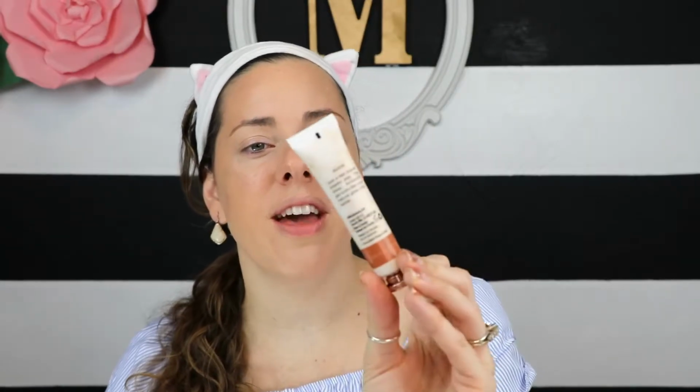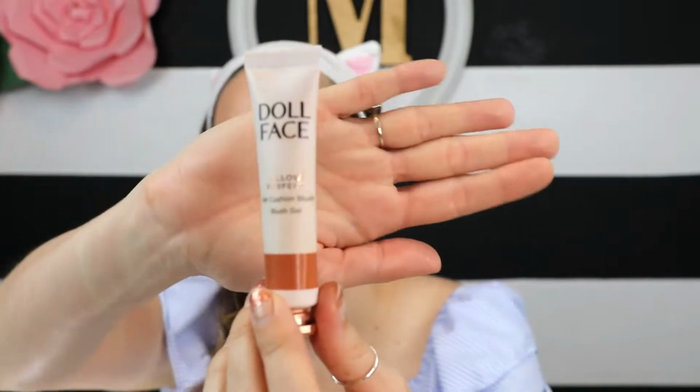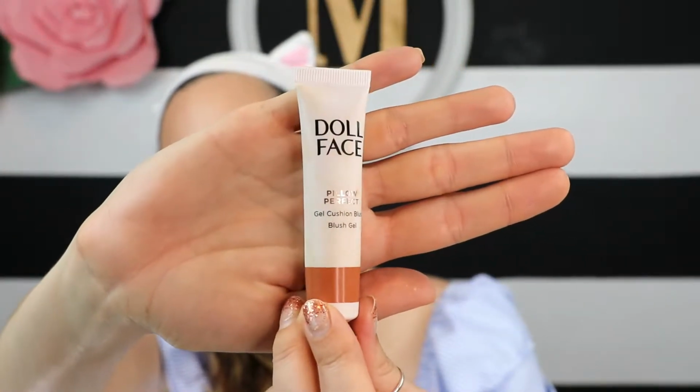and today I'm using a cream blush. Glossier makes a Cloud Paint cream blush. Sorry, I cannot think of it, but I don't have that one. I was trying to go for a more affordable one, a dupe actually. The Glossier Cloud Paint is $18, but I found this brand called Dollface at my local Rite Aid pharmacy. It's a nice little drugstore brand, and it's called Pillow Perfect Gel Cushion Blush. It's just a gel or liquid blush in the shade Nudie, a nice little nude